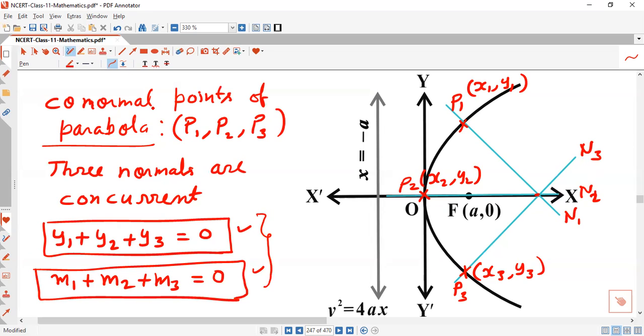If it is given in the question that the points are co-normal points of the parabola, then you can say y1 plus y2 plus y3 equals 0 and m1 plus m2 plus m3 equals 0. Since y1 plus y2 plus y3 equals 0, what does it mean? If these three points P1, P2, P3 are forming a triangle,